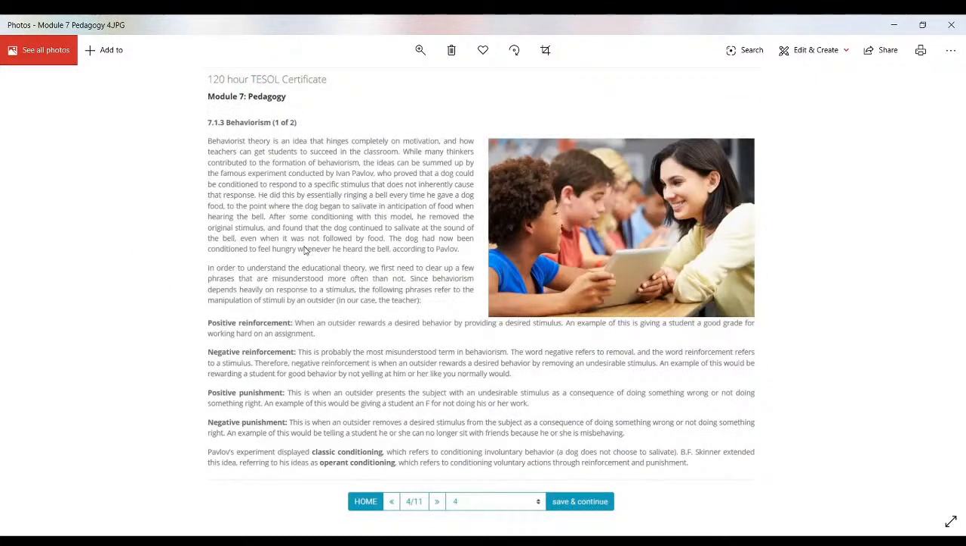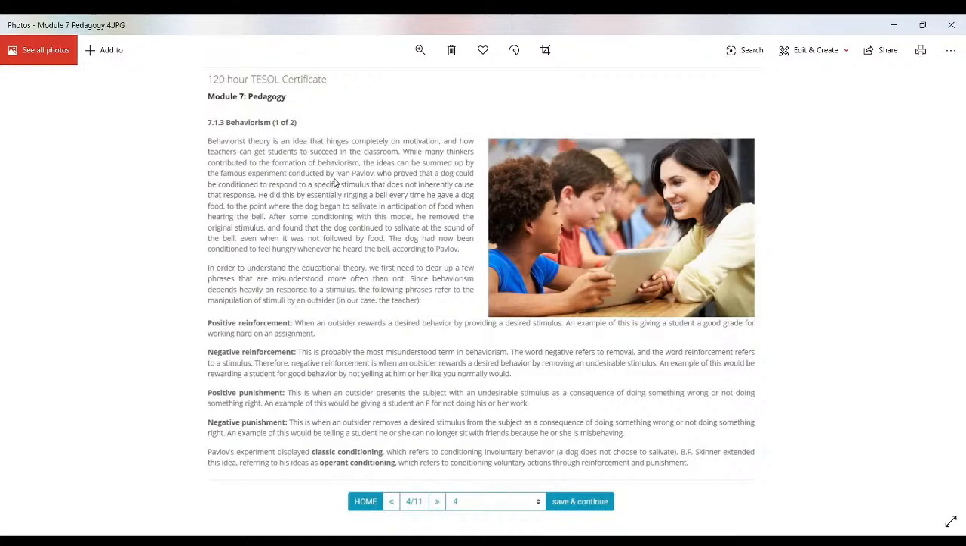Next point is behaviorism. Okay, so here's the one of two. Behaviorist theory is an idea that hinges completely on motivation and how teachers can get students to succeed in the classroom. While many thinkers contributed to the formation of behaviorism, the ideas can be summed up by the famous experiment